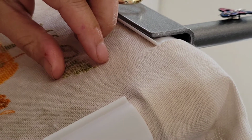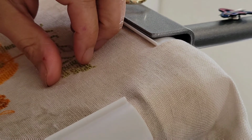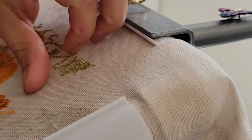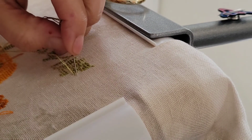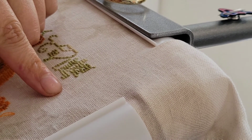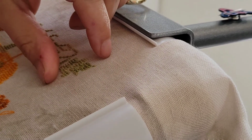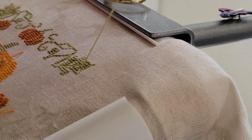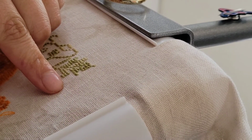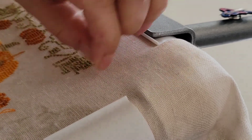Like, I went through a severe case of FOMO the first year of my stitching journey, and I've gotten so much better at it that now when things come out, I no longer purchase them immediately. I sit on them for minimum 3 months before I decide to purchase it. Unless it's something small. Like, I still have bought a couple of small charts in my last Flosstube, which is fine. But like Heaven and Earth and kits, I sit on them for quite some time before I purchase them, because I'm so